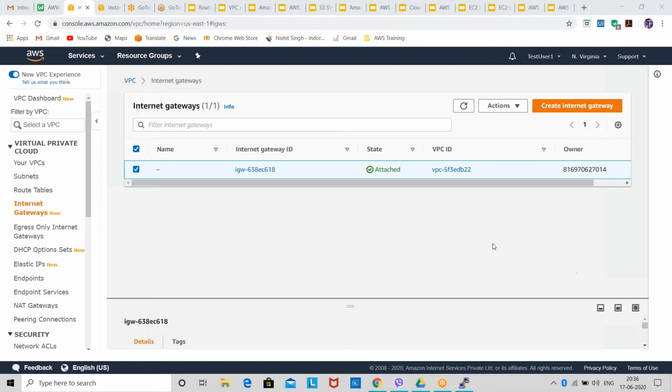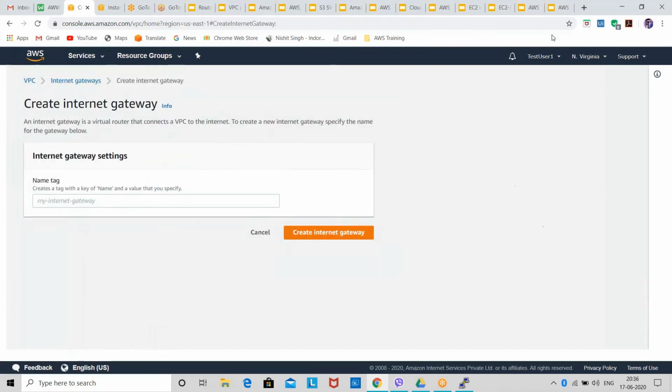So what happened now? Because we have not created internet gateway, I think that's why we are not able to connect to our instance. So we'll create our internet gateway. Internet gateway will help us get the internet connection in the public instance.